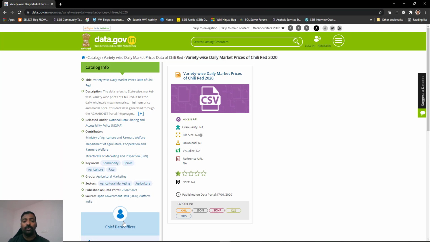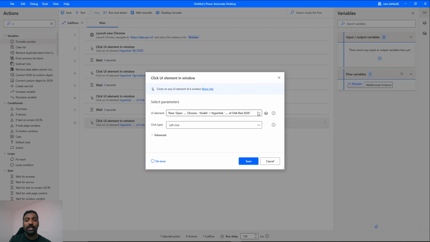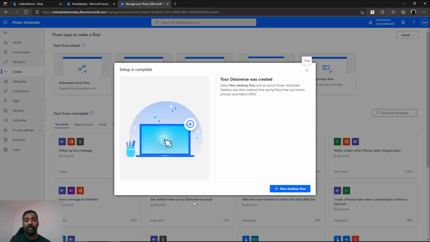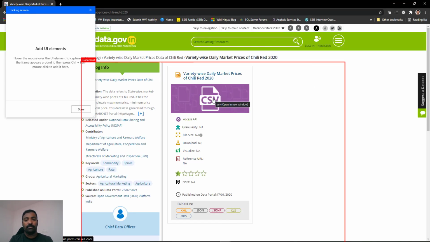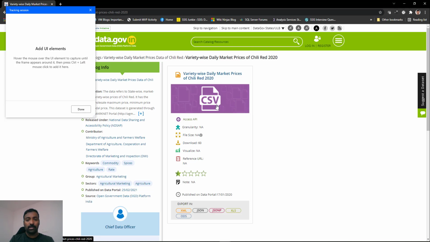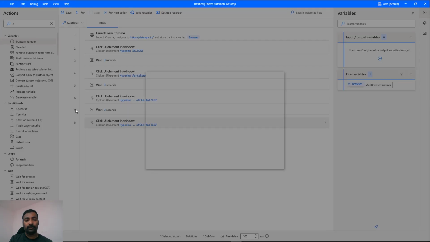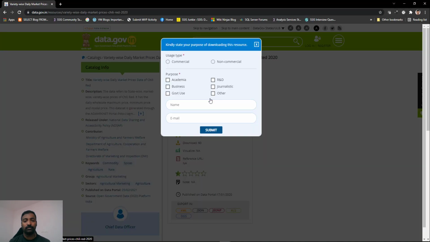So now what we need to do, we need to just add one more click event, that is for this CSV image. Again click on that, and now you need to change the element once again. Go to add UI element, and now you select the new element. So go inside the website, select the new element and select the image. After clicking down the control key and click on done. So till now everything is working fine.